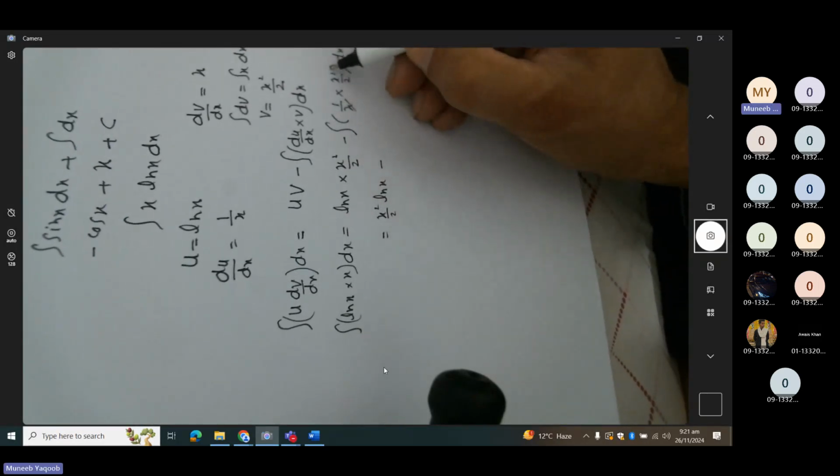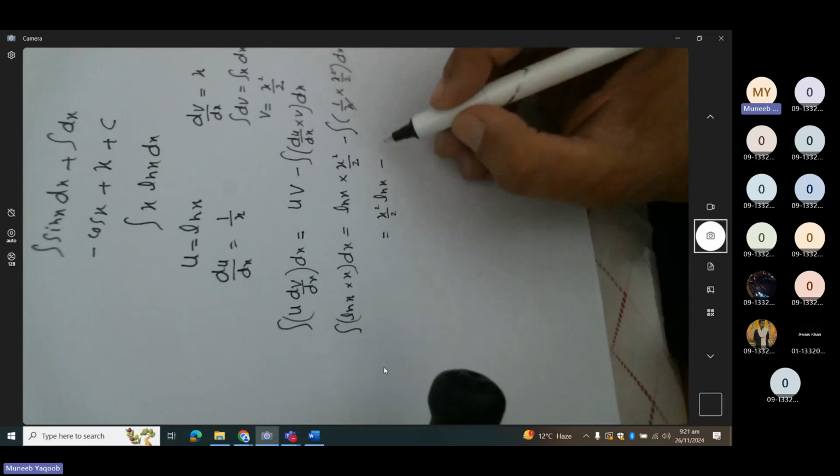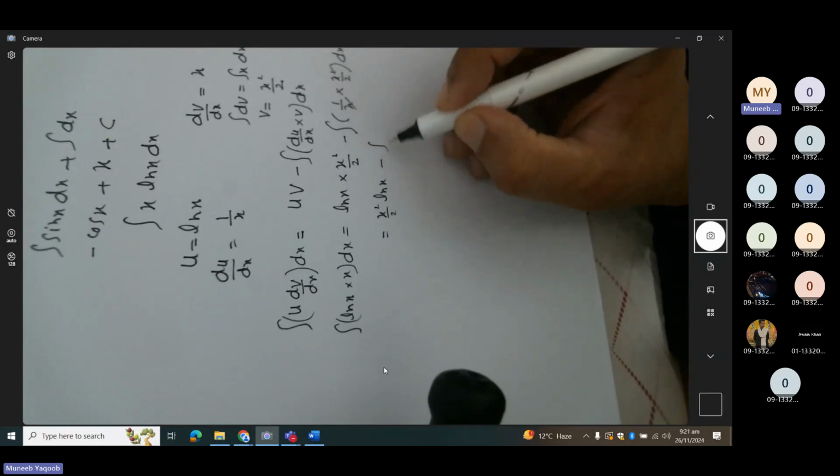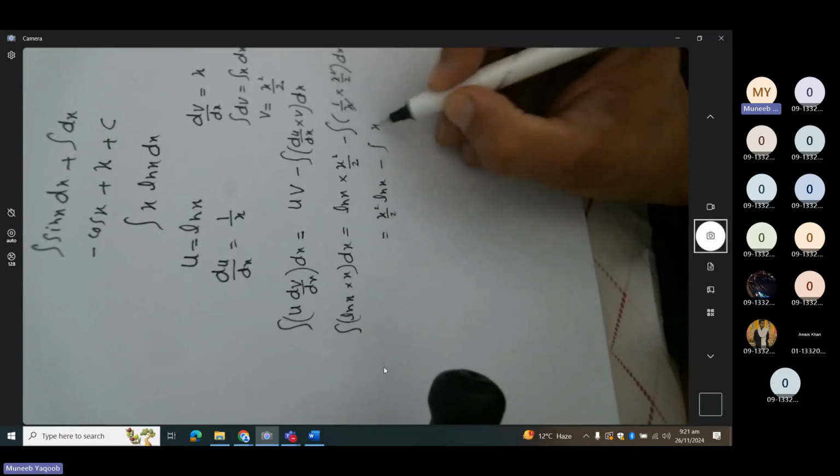Obviously this x and this x power 2 will be simplified with each other. So it will become integral of x upon 2